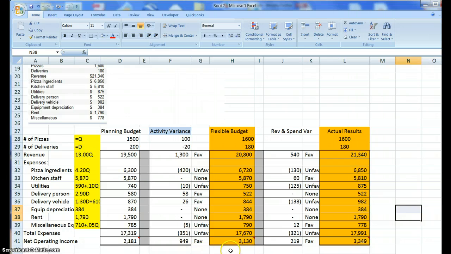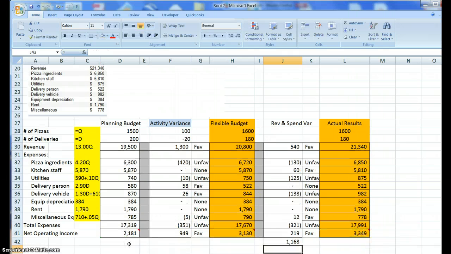Now just one last thing, and that's to look at the total. Had we compared our actual results to our planning budget, you can see that we actually have quite a huge difference, and we would see that we actually exceeded plan by 11